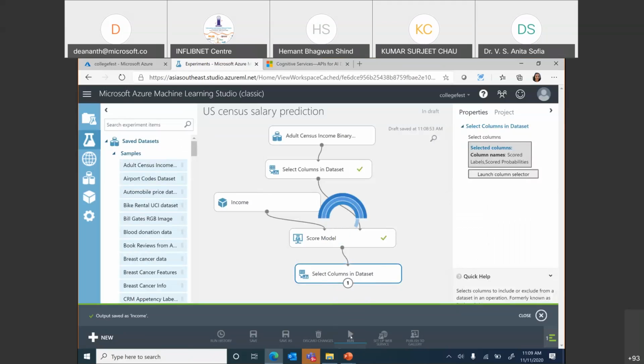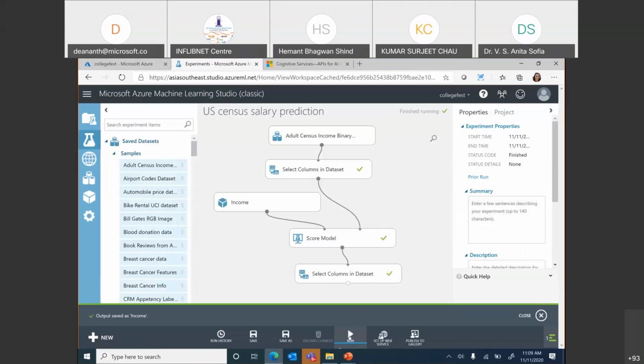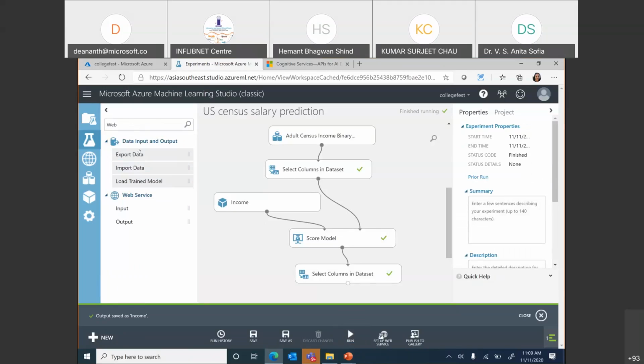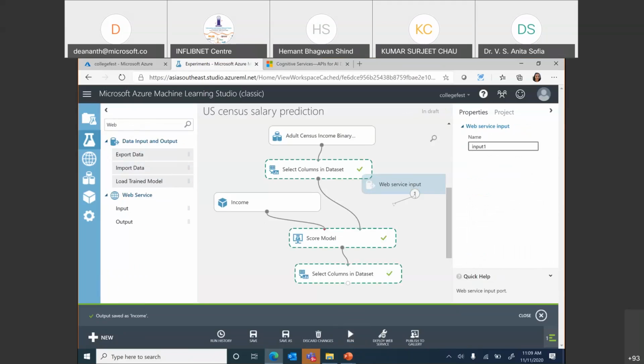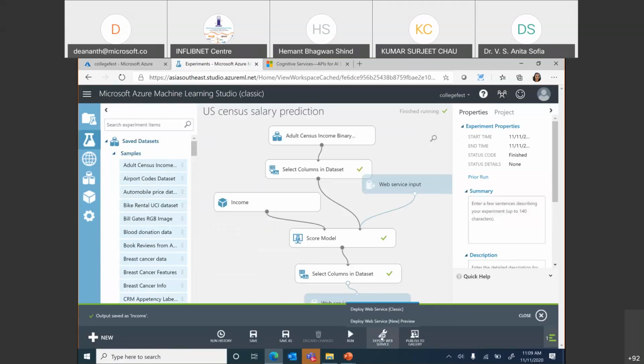So what I'm going to do at this point in time is run this model one final time. When I have finished running the model, there are certain web parameters that we can set up. So there's an input that I'm going to give, and there is an output that I want. Okay. And so I'm setting up web parameters where I can pass questions and get the output and do a final deployment. Okay. Now I have just clicked on a button to say that I would want to deploy this.